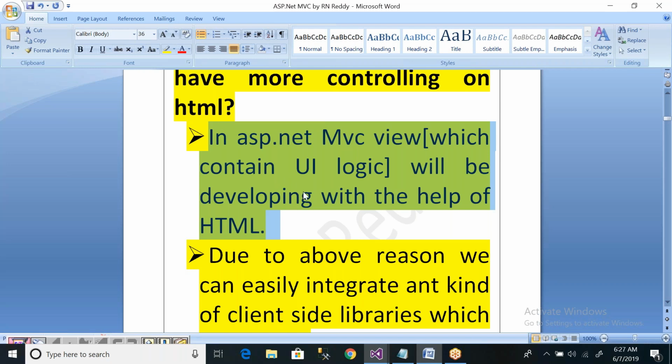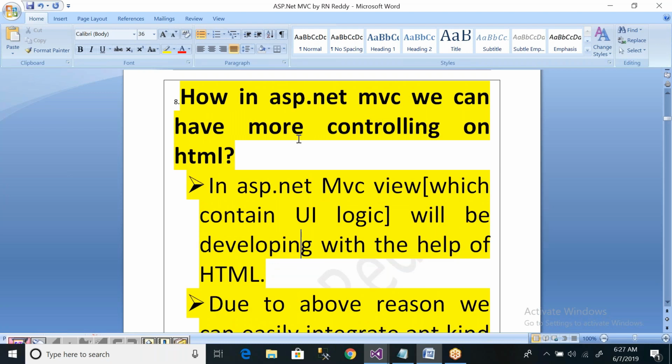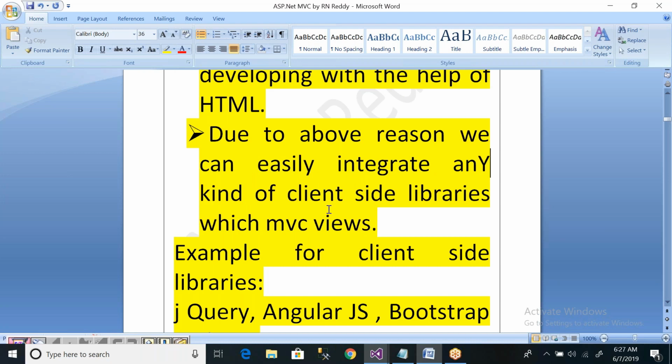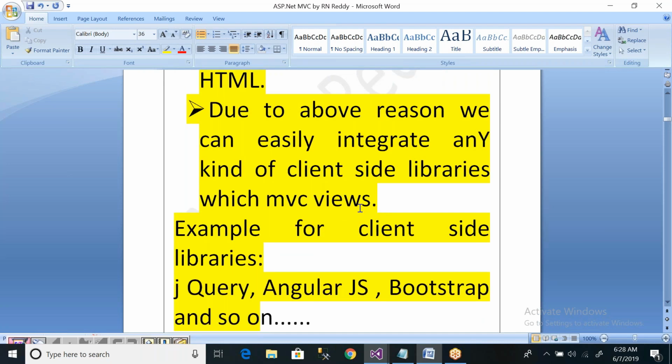Just open the document. Okay, now an ASP.NET MVC view, which contains UI logic, will be developed with the help of only HTML. That's why ASP.NET MVC has more control on HTML. Due to this reason, we can easily integrate any kind of client-side libraries into MVC views. Any kind of client-side libraries can be imported into your MVC view easily, because your MVC view is completely HTML code.